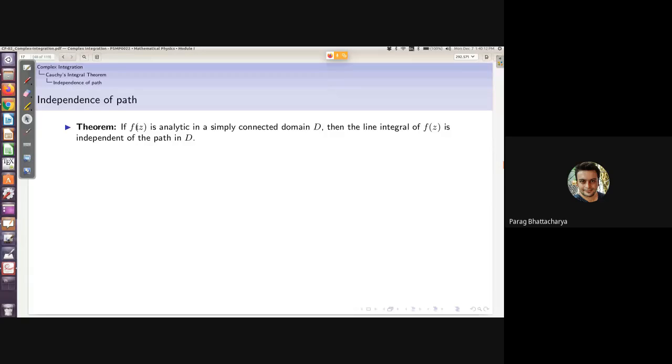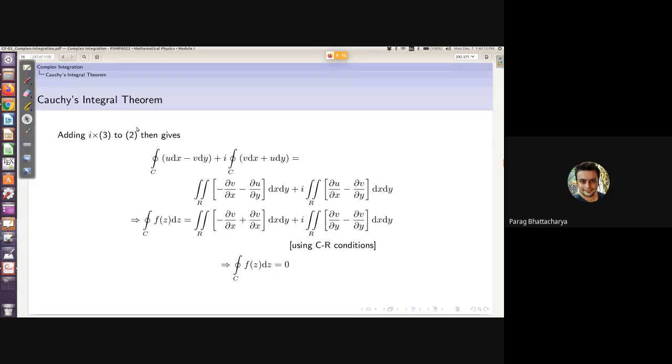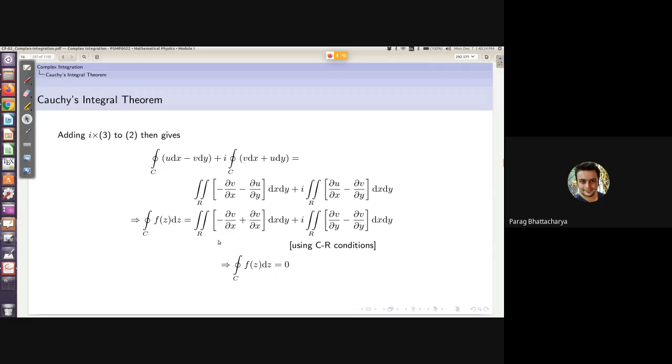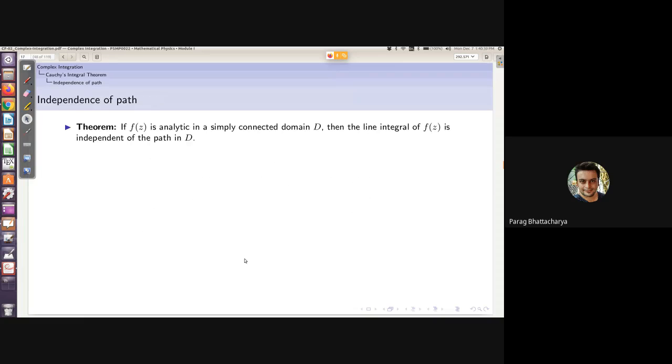All right, so now another application of the Cauchy integral theorem. The theorem is valid for a closed loop, but it also tells us about any path, which need not be closed. If I want to integrate over an open path, the line integral is independent of the path. It only depends on the endpoints. That is independence of path. This is what I mean.